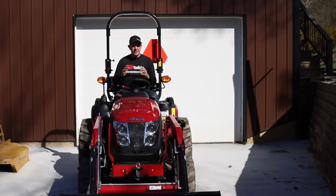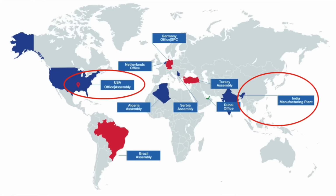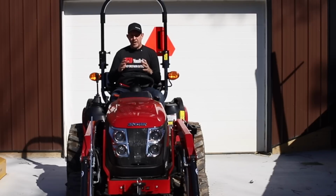The SOLIS brand is manufactured by a company called ITL, International Tractors Limited of India. And so all the tractors are manufactured in India, and they are then assembled at the headquarters for SOLIS Tractors USA, which is in Greenwood, Arkansas. So SOLIS is the 3rd largest tractor manufacturer in India and the 5th largest tractor manufacturer in the world. They're also the #1 exporter of tractors out of India, which is pretty substantial because there are some pretty big